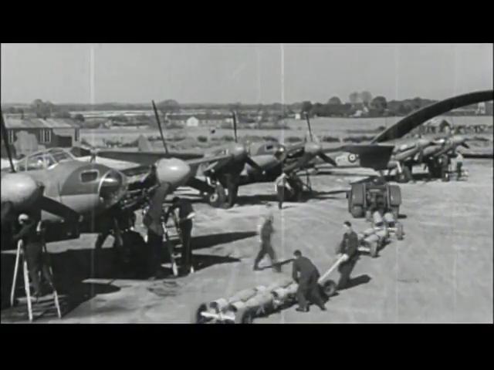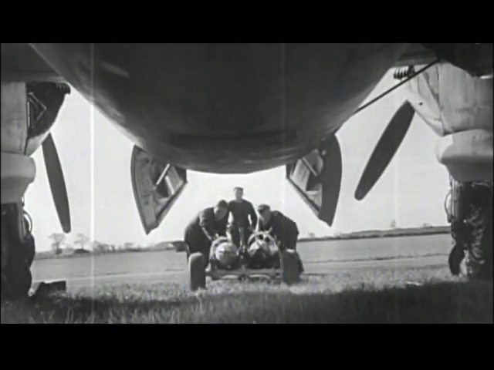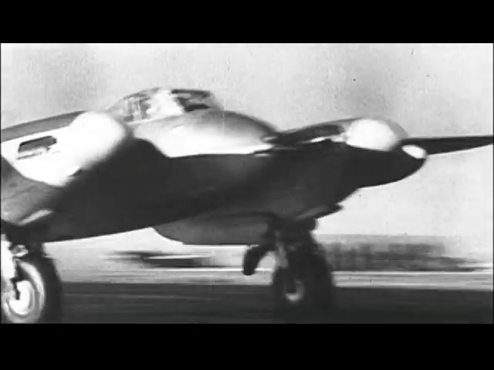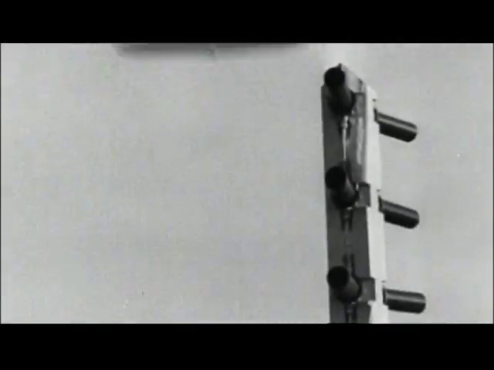Armed with 4 .303 machine guns and 4 20mm cannons, the Mosquito packs a powerful punch. Add in a potential payload of 4 500-pound bombs, and the aircraft becomes the Allies' ultimate fighter bomber. The Mosquito greatly impresses the RAF and is immediately put into service. In September 1941, the aircraft flies the first of many dangerous Intruder missions, striking deep inside Nazi-occupied Europe, taking the war back to the